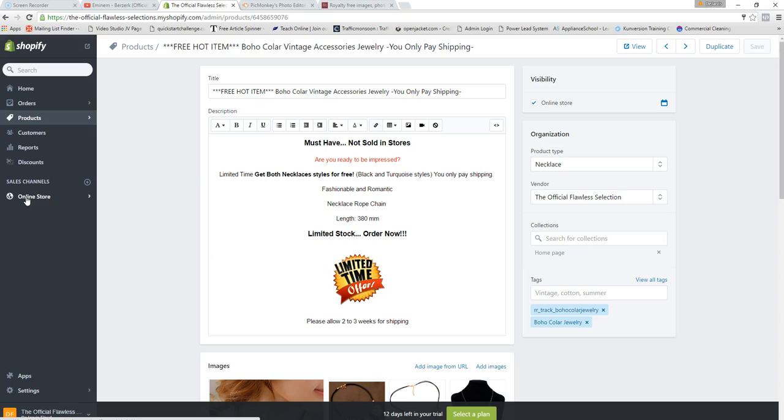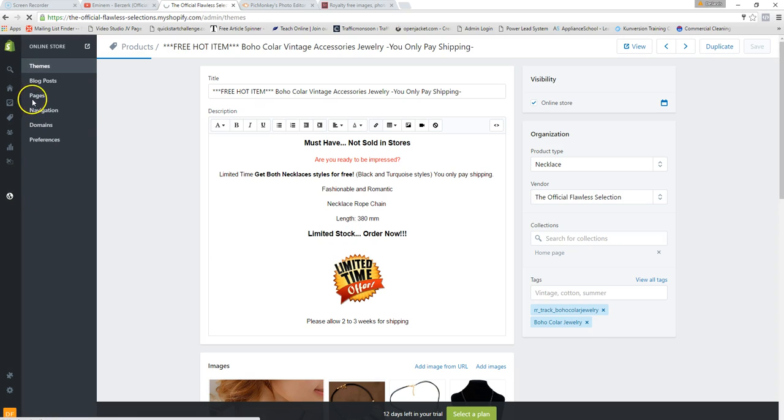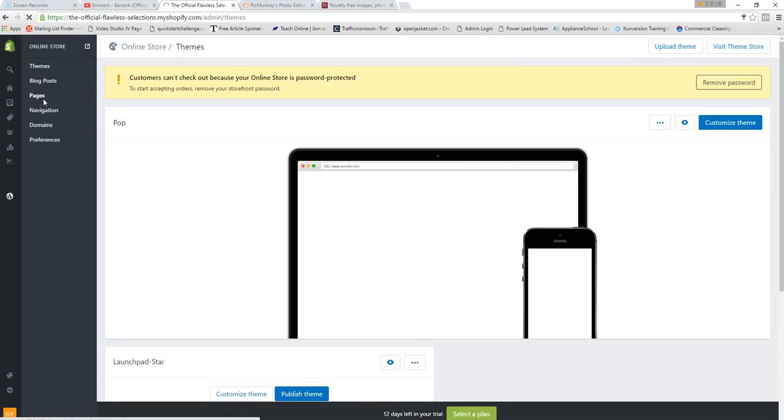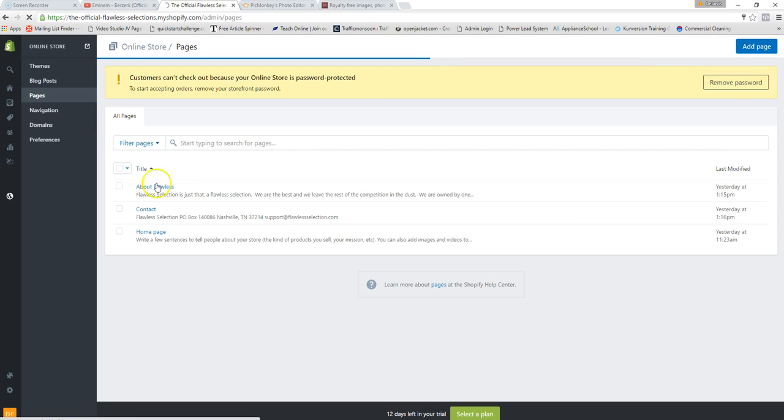So you come here and you click Online Store again, go to Pages up here, and on here you're going to want to make sure your About Us page and Contact page are there. Your Contact page won't be there. That's not on here by default, so I have to add that. To do that, I just come up here and click Add Page,